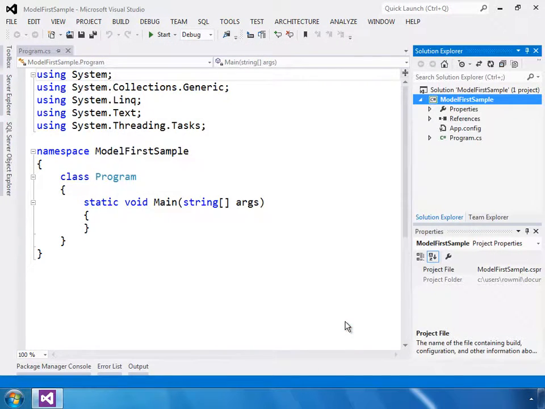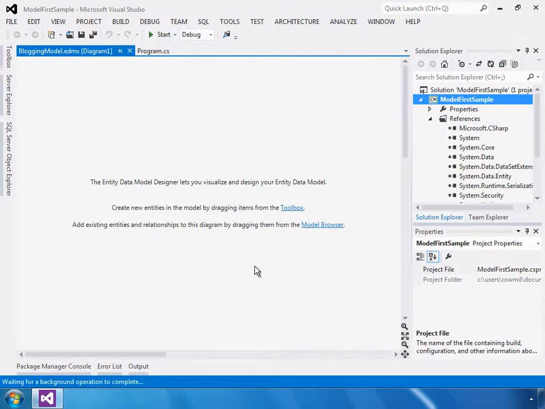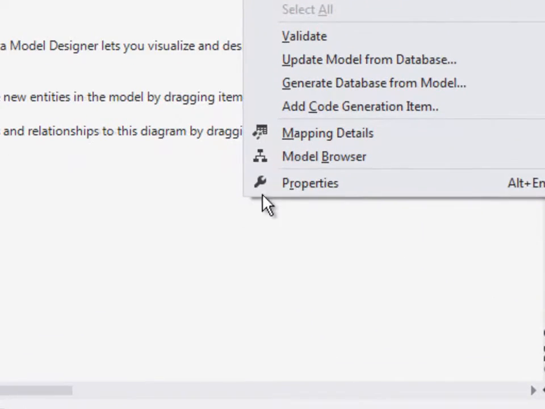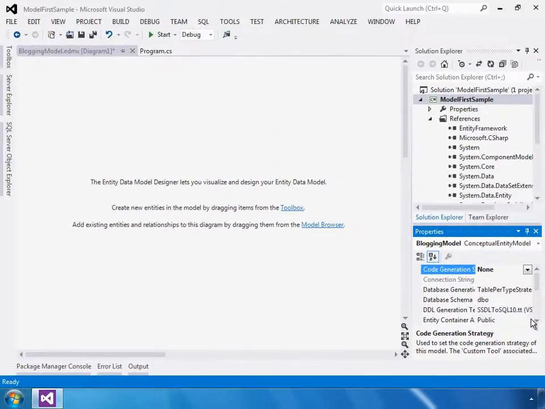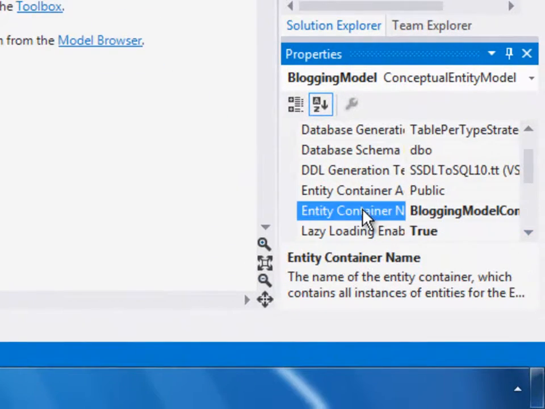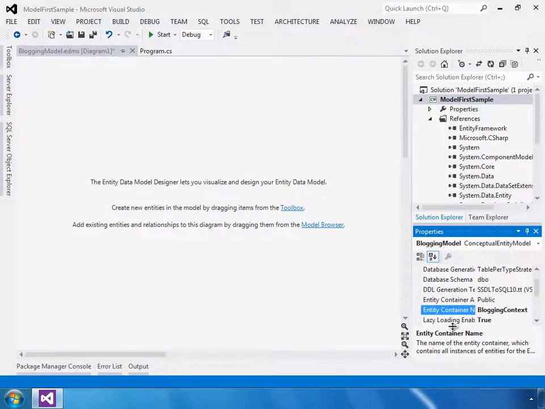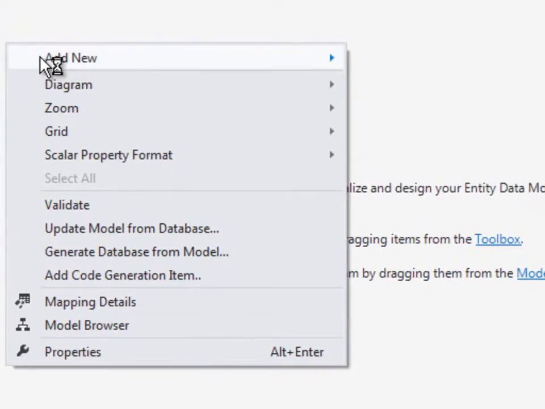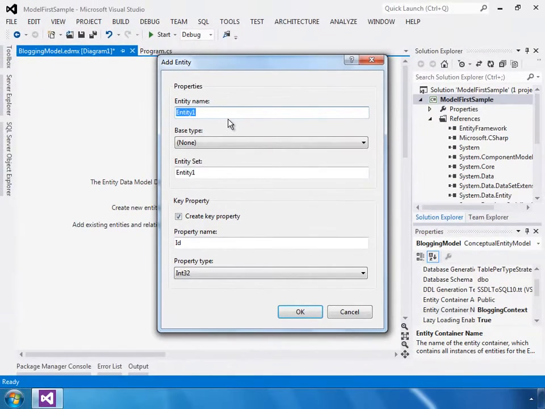Finish. Before we start designing the model, I'm going to right-click on the design surface and select Properties. This brings up the properties for the model. I'm going to change the entity container name to BloggingContext. We'll see a little bit later where this name gets used. With that done, I'm going to right-click and select Add New Entity, and I'm going to create an entity that's